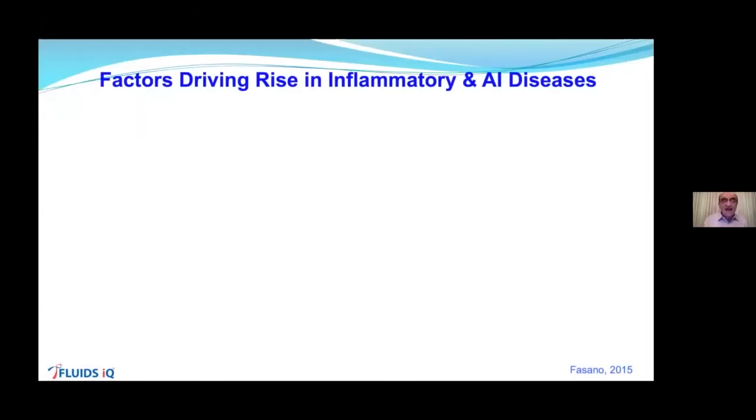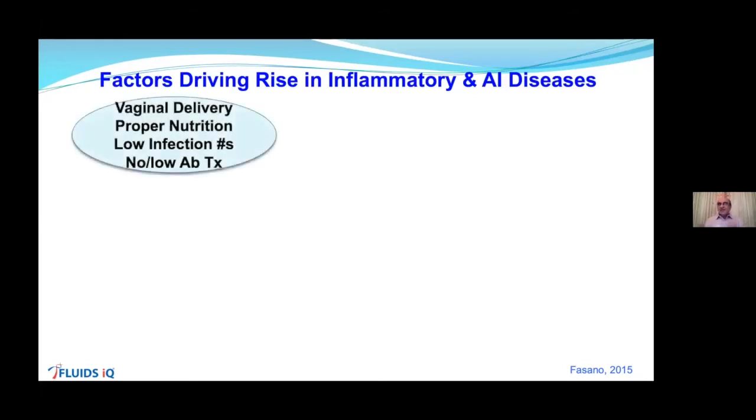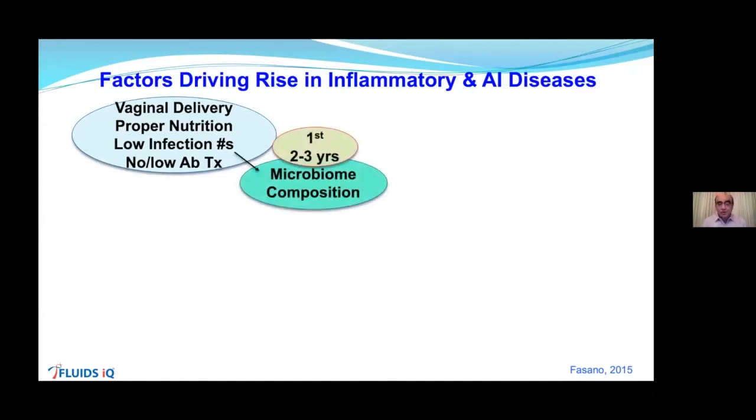So if you're looking at the factors that are driving the immense rise, we have an epidemic, folks, of inflammatory and autoimmune diseases that are occurring right now. What are they? And I'm just giving you a slide which is going to encompass all of that. We spend a lot of time in lectures specifically going through all of this, but you can put it into the following summary. If in the first 2 to 3 years of an individual's life, which are critical, by the way, you have had a vaginal delivery, if there's proper nutrition,